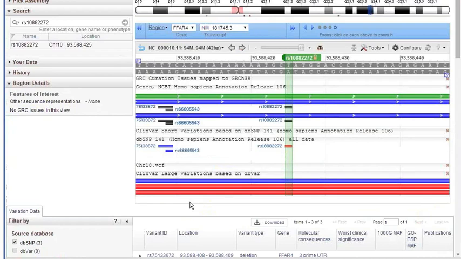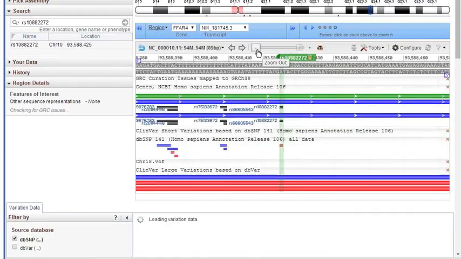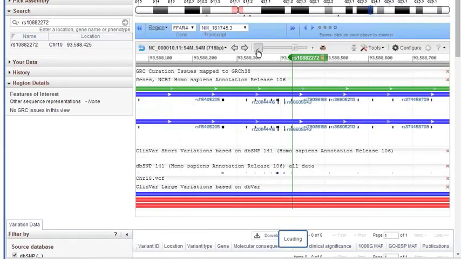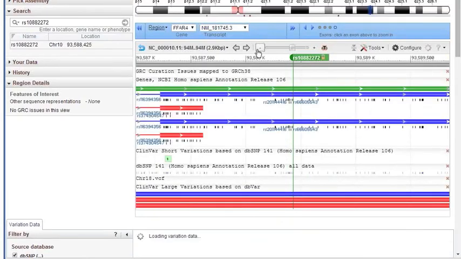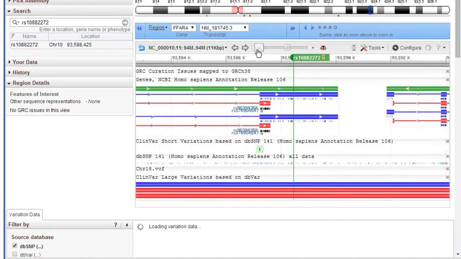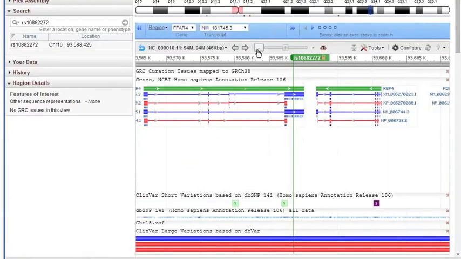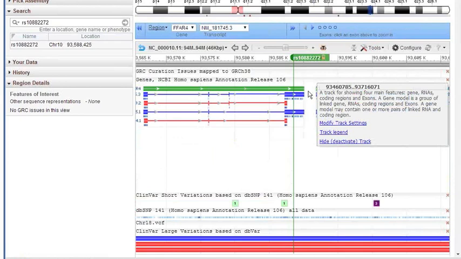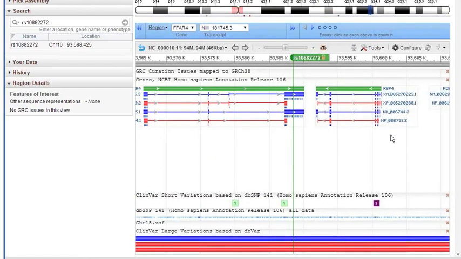And I have to zoom out to see something interesting, and that interesting thing is that although it's in the 3' UTR of this other gene, it's also in the 3' UTR of the retinol binding protein 4. So that's particularly an interesting biological connection at any rate. Okay. Last thing I want to do, and we need to stop soon for questions, is I'll go ahead and